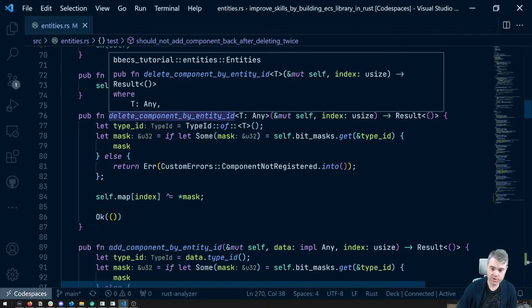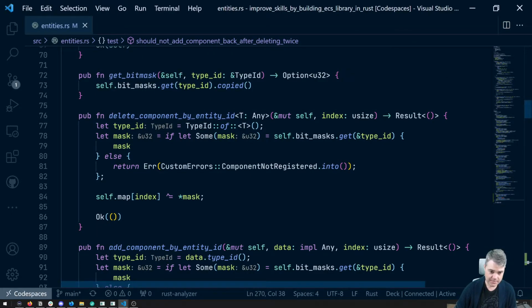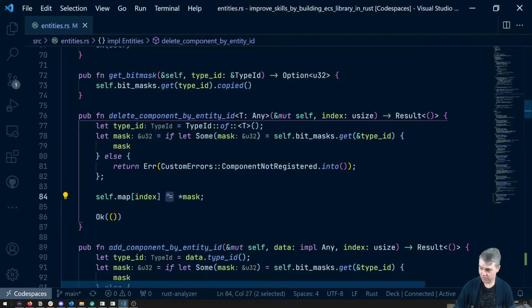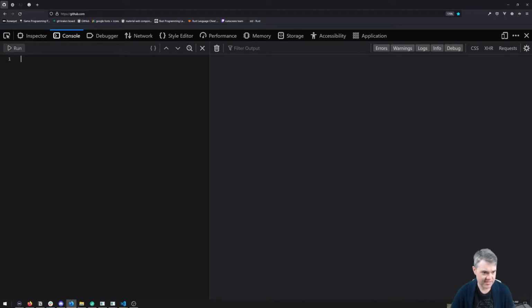Okay, so in our delete component by entity ID, we get our type ID, we get our mask, and then we figure out, oh, okay, we do this XOR. So the XOR is basically saying if you have this, remove this. But the problem with XOR is, and I'm curious, I think here, this is JavaScript, but JavaScript and Rust both share a lot of the same bitwise operations. So we should be able to do very similar things here. Let's say that we have a map that is a